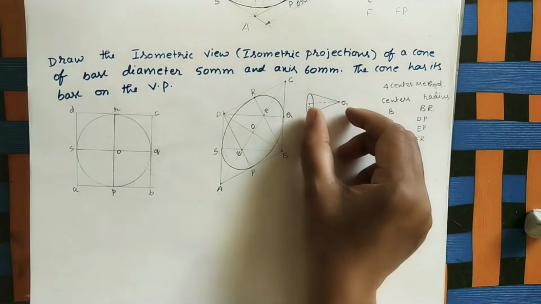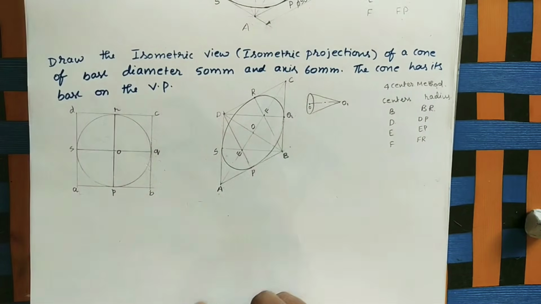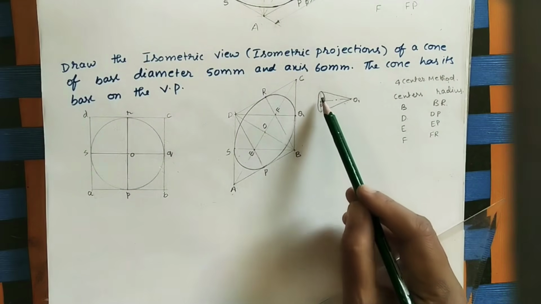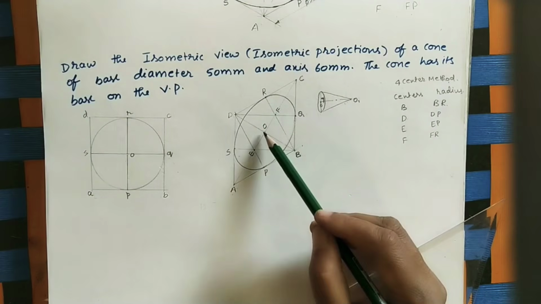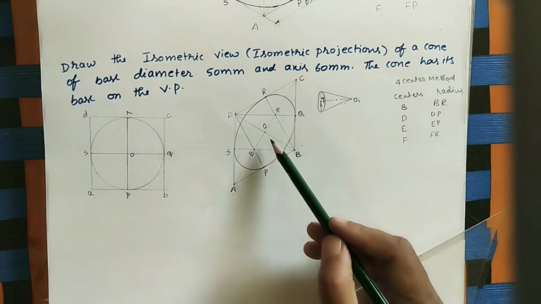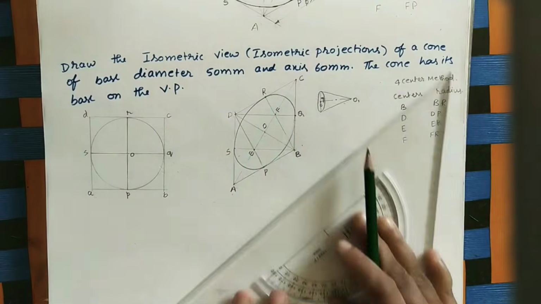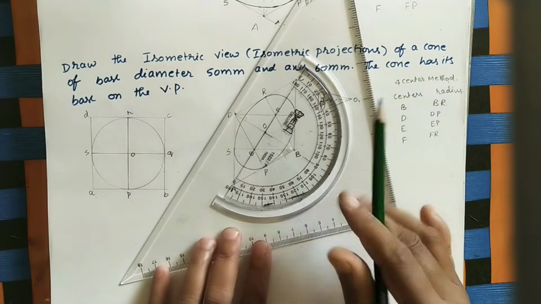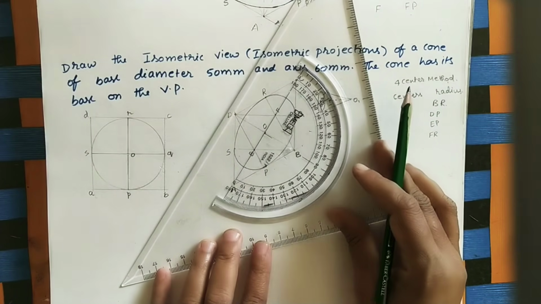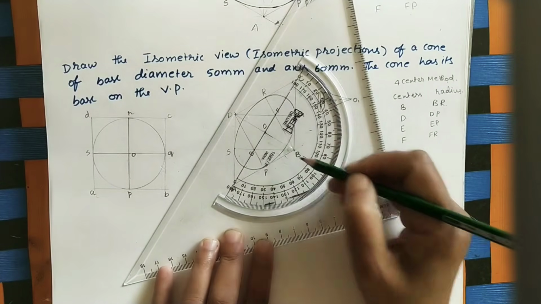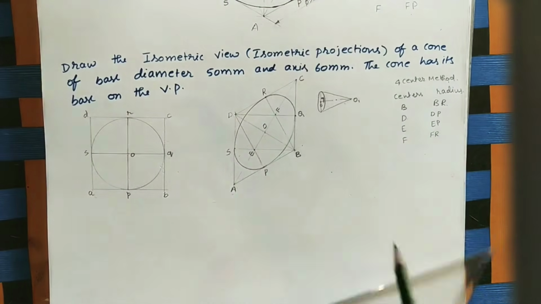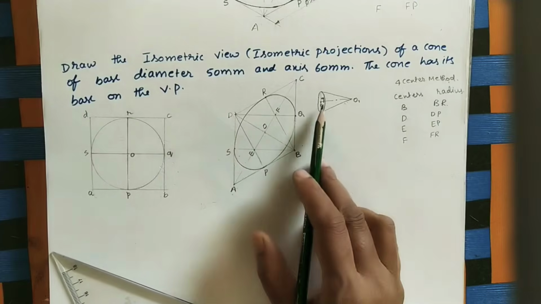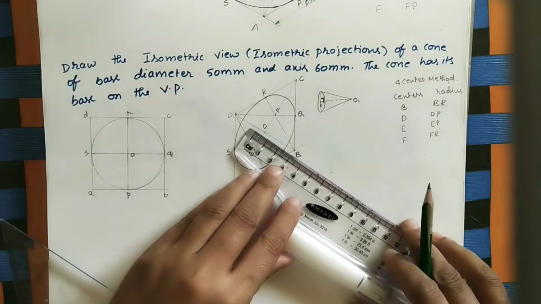After that we have to mark the height of the axis. So here this axis is perpendicular to this line. Here also take the axis of 6 centimeters. For getting the perpendicular to this line, by using the protractor at this center, take the 90 degrees line. Okay, here it is getting 90. So join this point to this point of 6 centimeters in this direction.